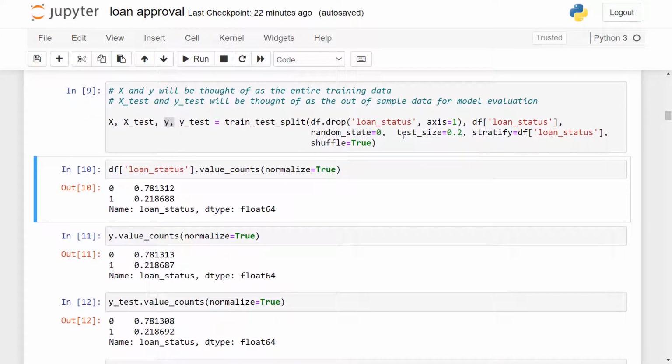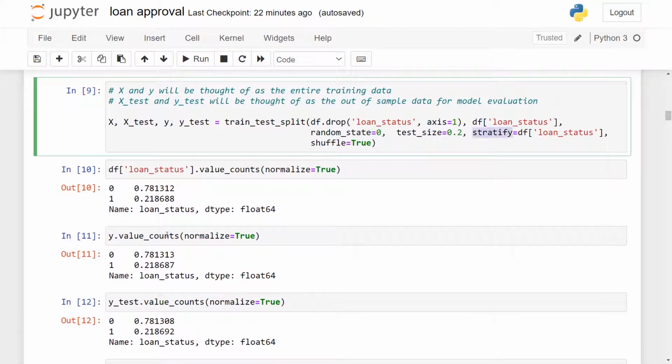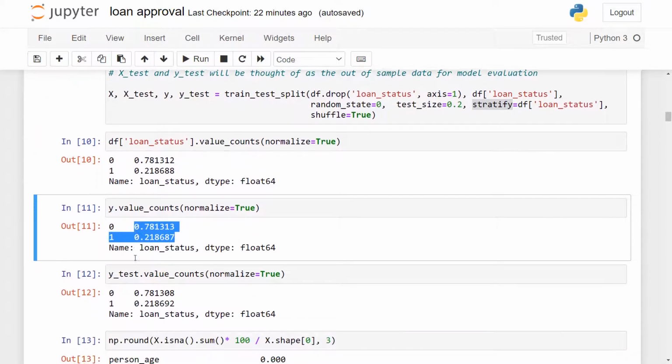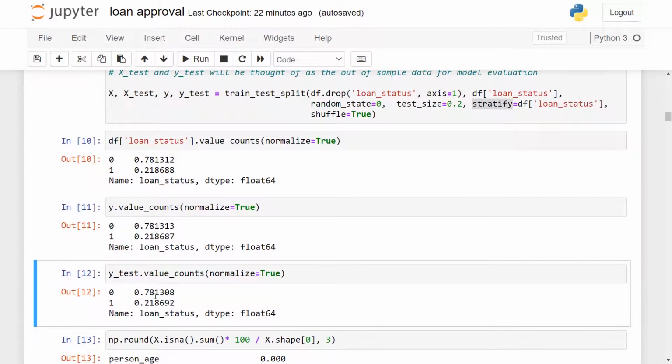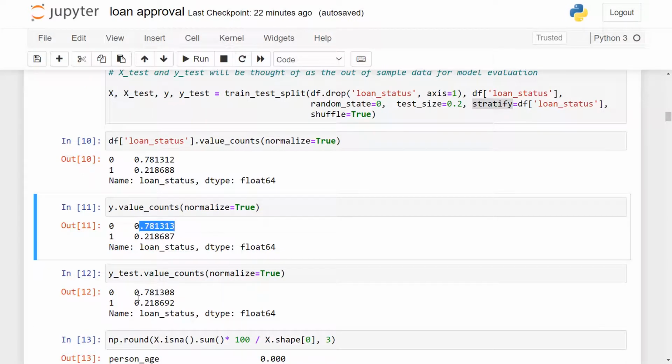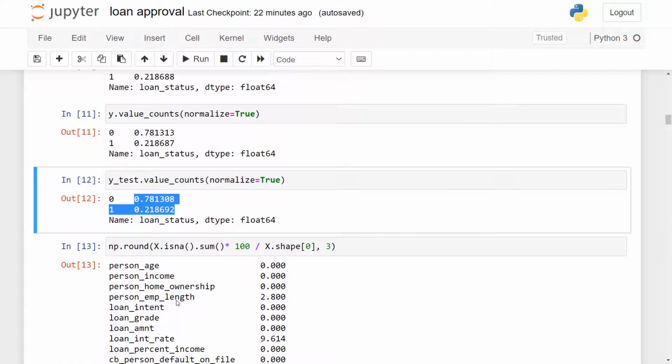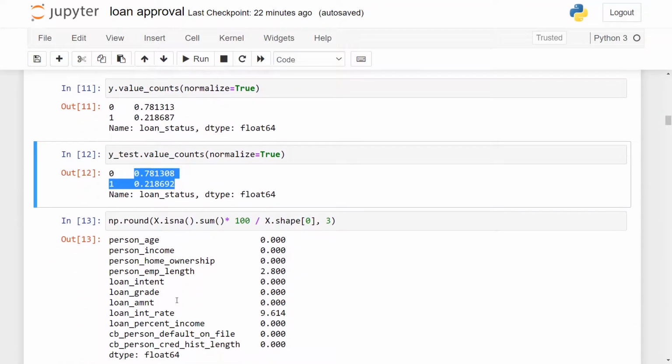The stratify parameter makes sure that the distribution is preserved in both the training Y and the testing Y. We see both are 78% and 22%, so the distribution is preserved.